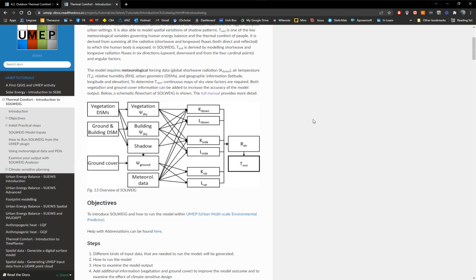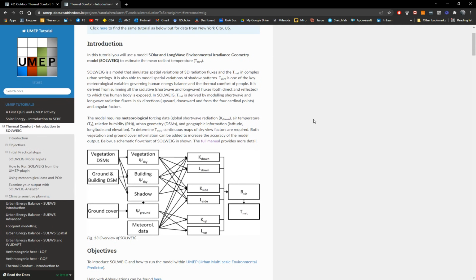But that will be in the future. So in this one, we will concentrate on understanding the model and how to do a very simple simulation and visualization and analysis. SOLWEIG stands for Solar and Long-Wave Environmental Irradiance Geometry Model, which estimates basically mean